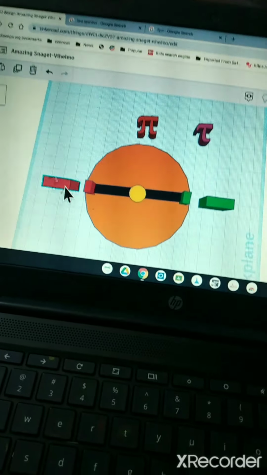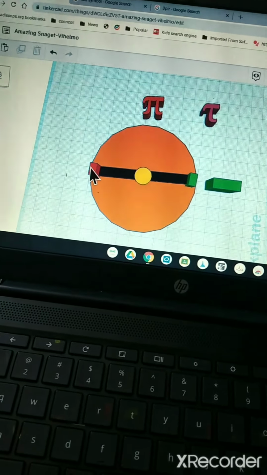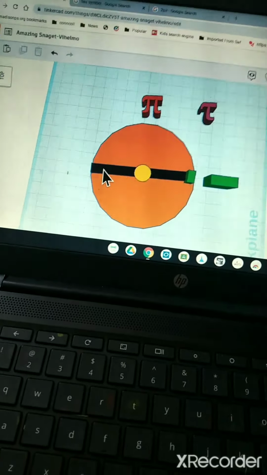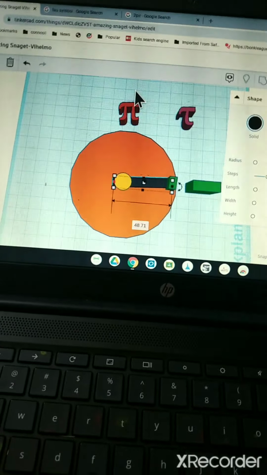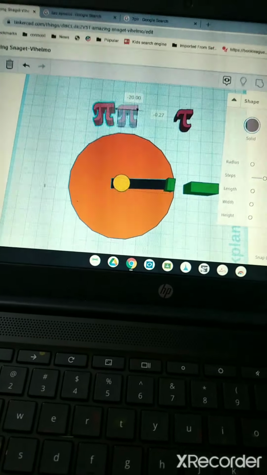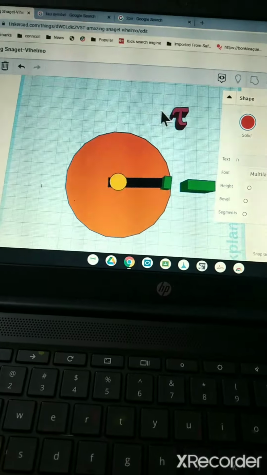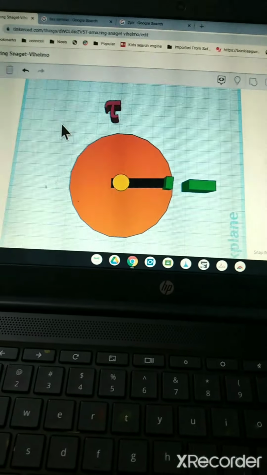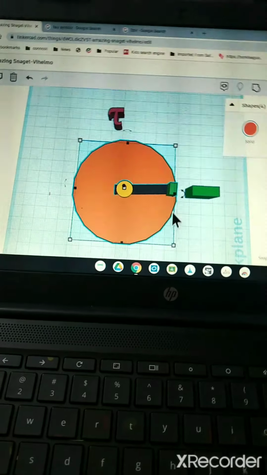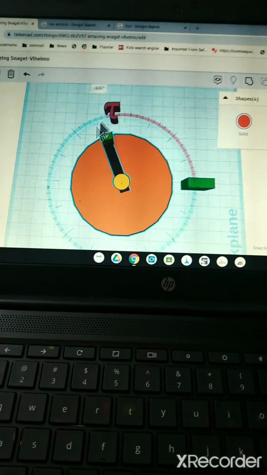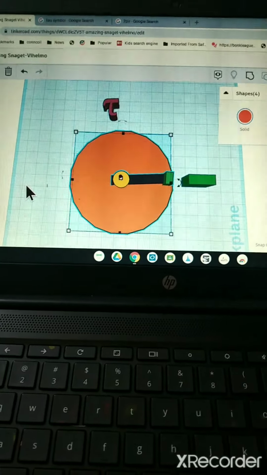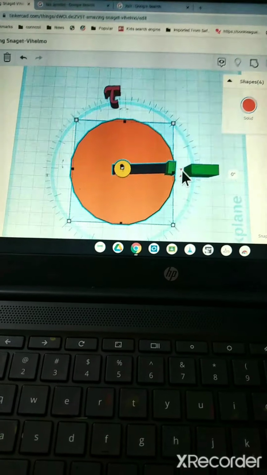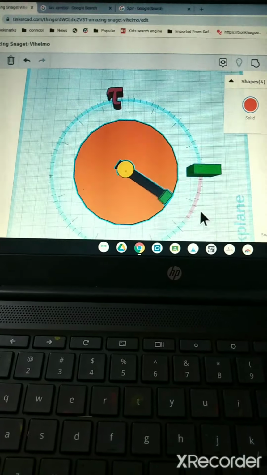So what we're going to have to do is get rid of that, shrink the line so it turns into the radius, get rid of pi, replace it with tau, and boom! We have our new spinner. So when we highlight it, it can show us that the radius can move freely around and around and around in one lap